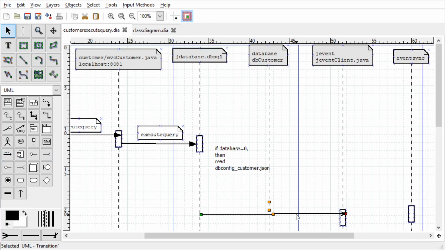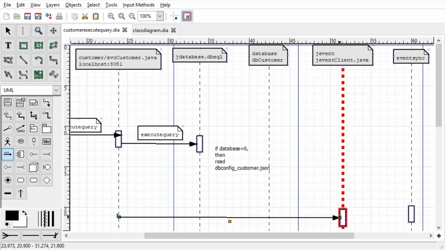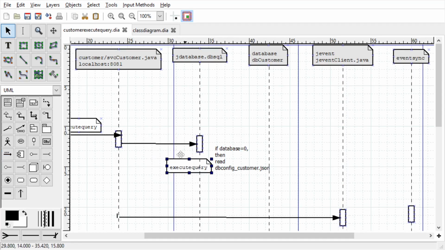Yeah, it's a message, not this. So message means as good as calling a function. So it calls from here over here. And what is the message? The message is